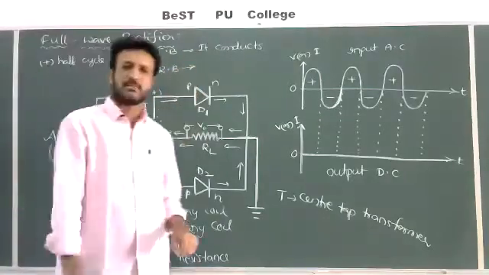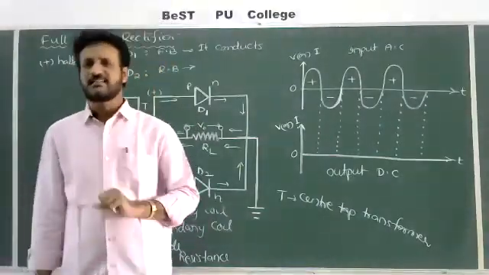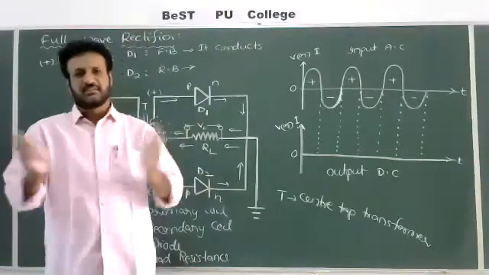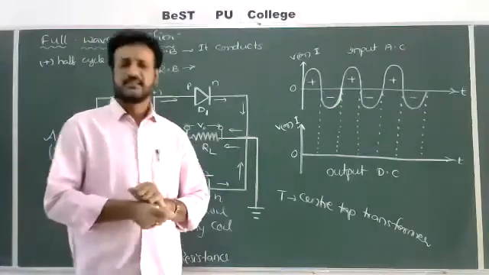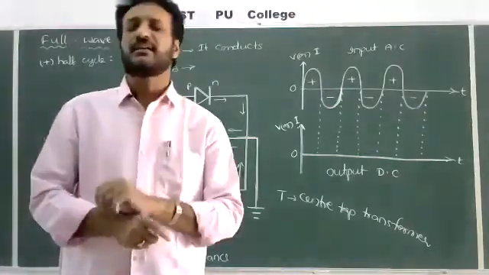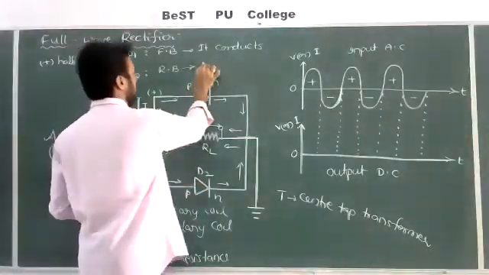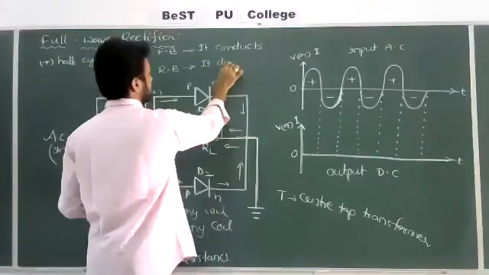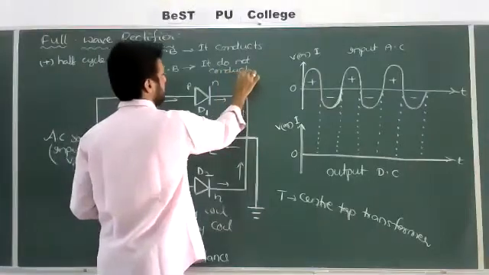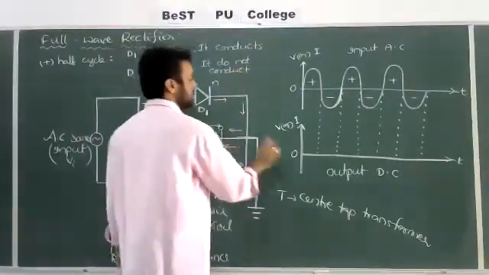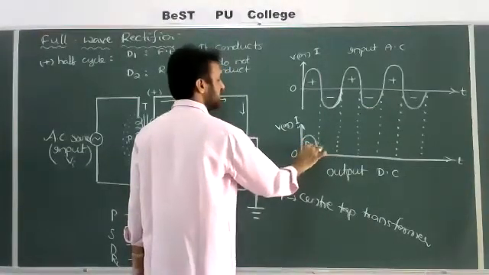In reverse bias, what will happen? Both electrons and holes in the diode, which are called majority charge carriers, are moving away from the junction. So the thickness of the depletion layer increases, barrier potential increases, and the resistance of the diode also increases. Hence, no current flows through the circuit. So it doesn't allow any current, it does not conduct. The second diode does not conduct any current. So only because of the first diode we got the output signal like this. It is only because of D1.